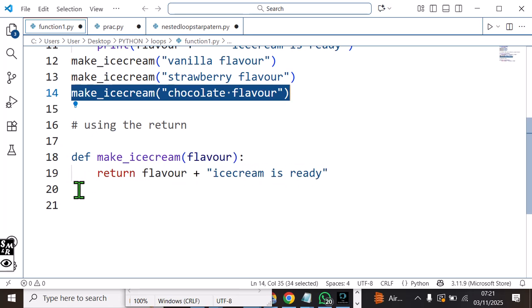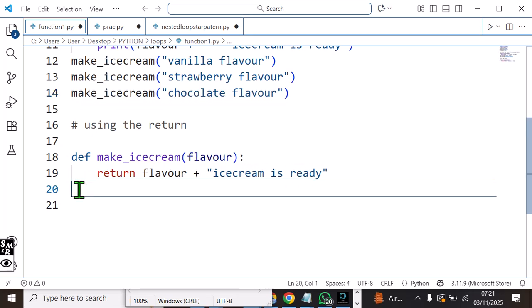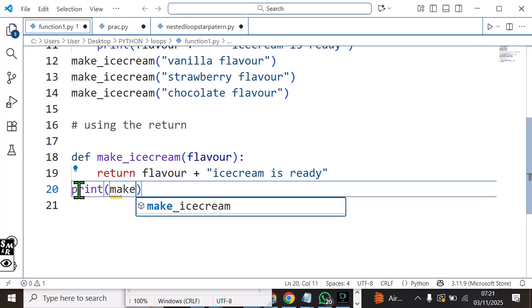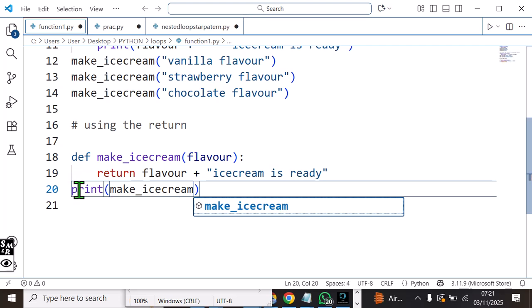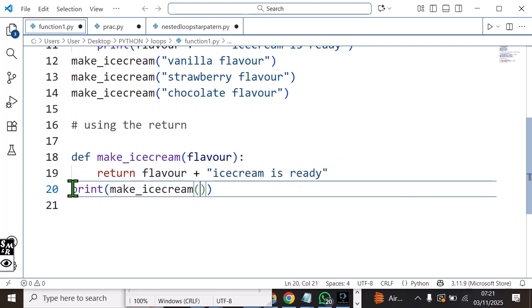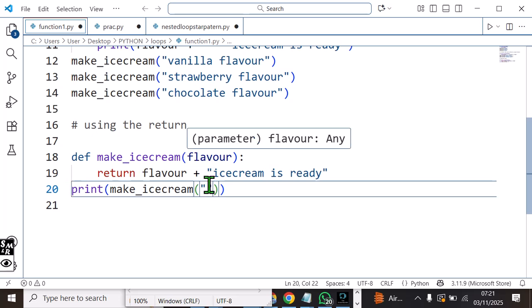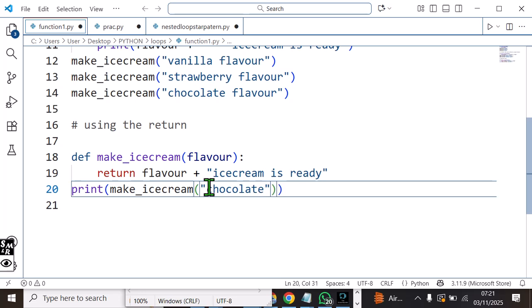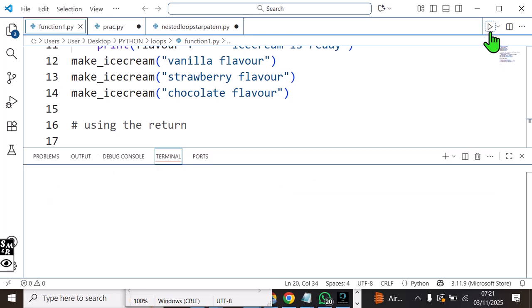So when we want to see the result, we are going to print the function call. The function call is the name of the function, make ice cream, and then we are going to pass an argument. For example, let us say chocolate. Okay, so at this time when we run our program,